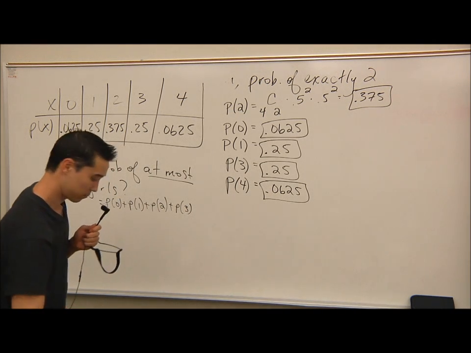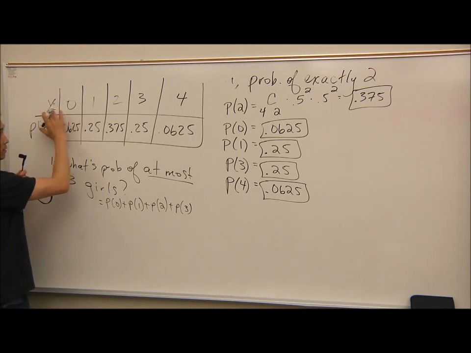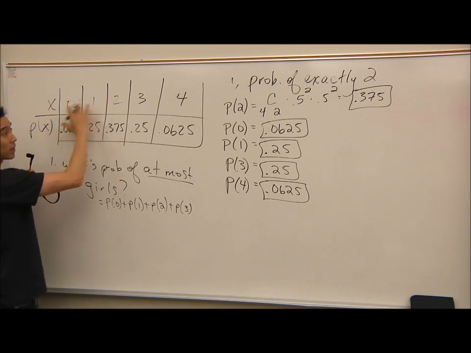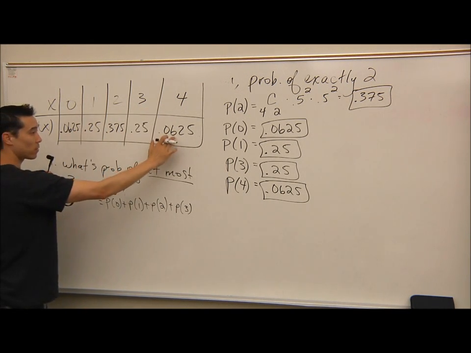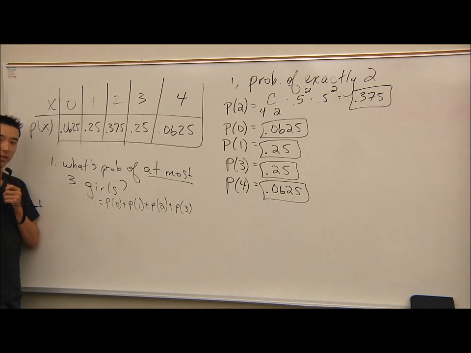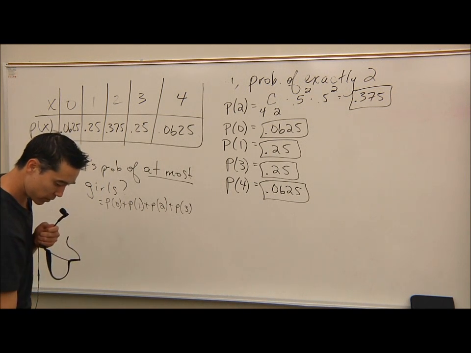This binomial distribution is the same as a probability distribution. So any probability distribution has 2 things. It lists out every outcome and has a probability associated with every outcome, and those probabilities have to add up to 1. Binomial distribution is a probability distribution. Good. Yes. Okay, so let's add these, 0.0625